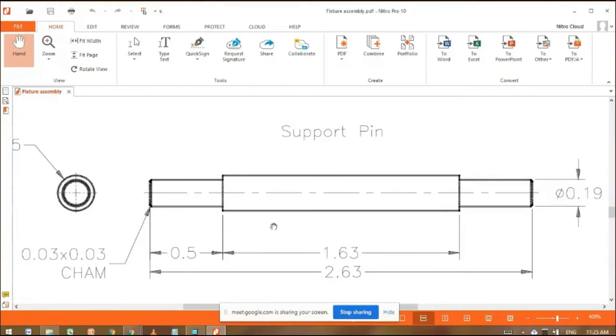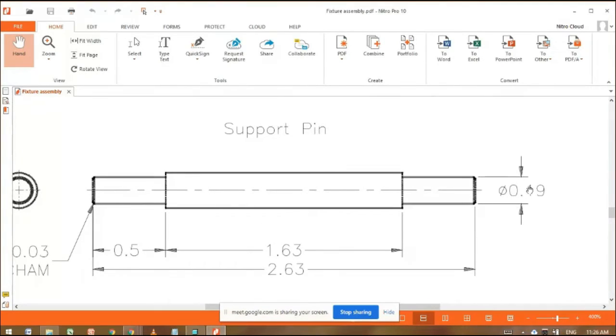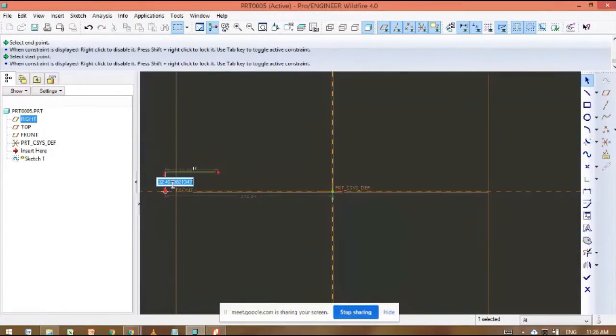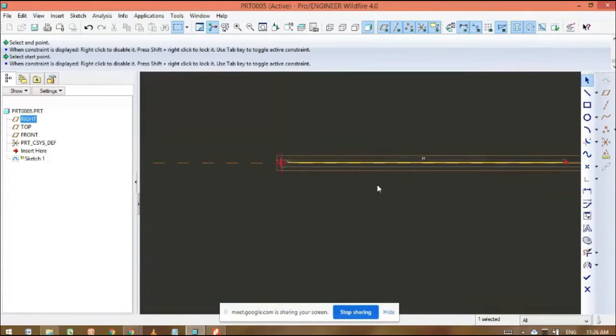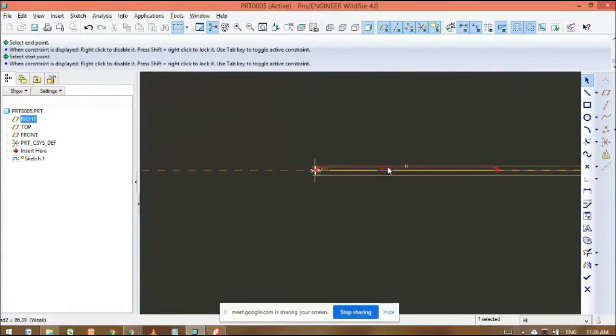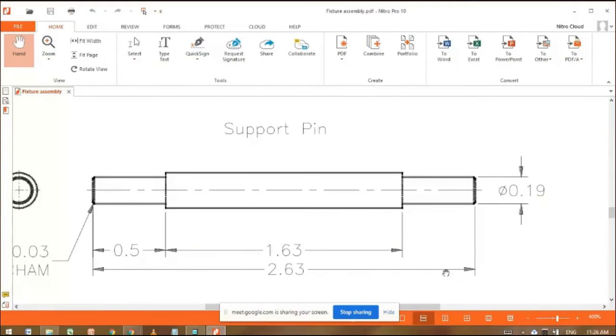So the total diameter of this part is 0.19. So double click, 0.19 divided by 2. Okay, like this we can directly do the calculations easily. Then a very small distance here, this length.